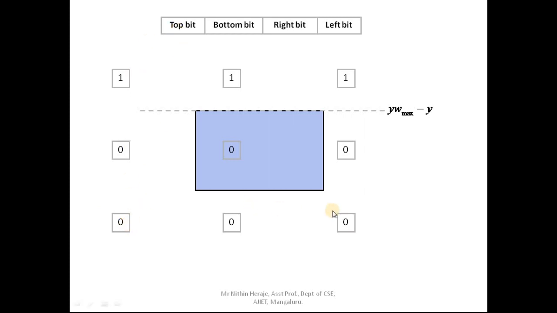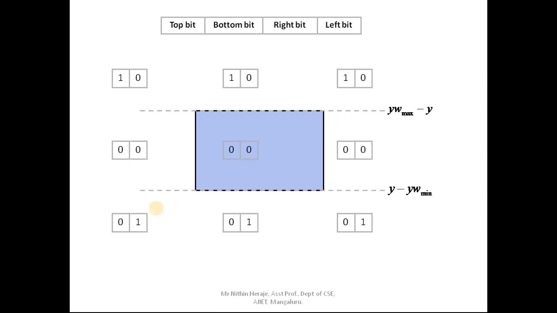Okay, so now whatever is being set, it is for the leftmost bit. So if it is the top region, only that bit is set. Now you can see this second bottom bit. Since this region is not a bottom region, here it's all 0. This is also not a bottom, so it is all 0. If you look at this, these are all the bottom regions. So the bottom bit is set to 1.